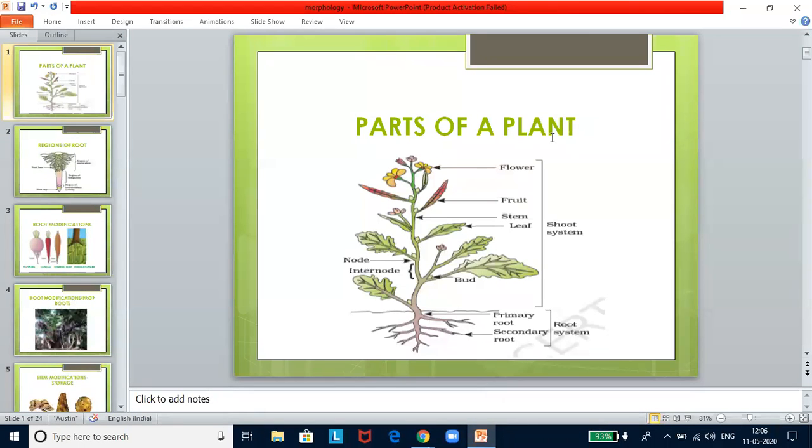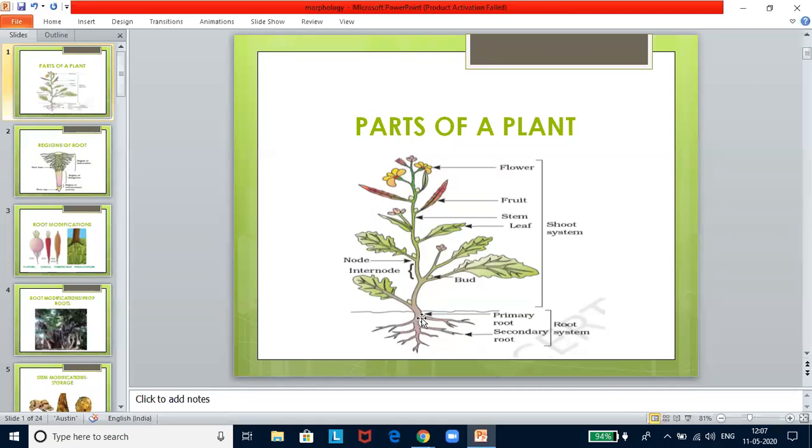Now, if you look at these parts of a plant, this is your diagram from the text. They might not ask you fruit, but definitely they will ask you a flower. But definitely they will ask you to identify a fruit, because it does look a little odd and it does not confine to the fruits what you have seen. Node and internodes are very important. There's a minute thing, bud. So this is very, very important. So please make a note.